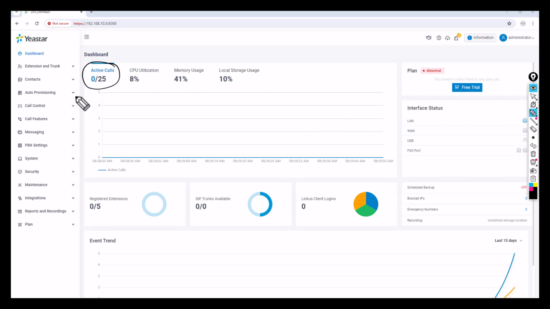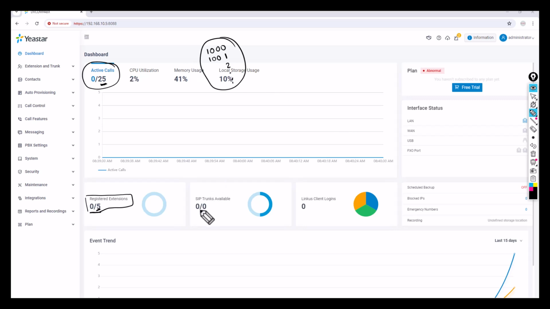You can see here the active calls. At any point of time, your PABX can process a maximum of 25 concurrent calls. You can also see a total of 5 registered extensions by default, but I didn't do any configurations. So how did that come about? This is what you need to understand, guys. By default 5 extensions are already configured, starting with 1000, 1001, 1002, like that. These are the default settings, guys. In case you want to change them, you can change them according to your requirement.